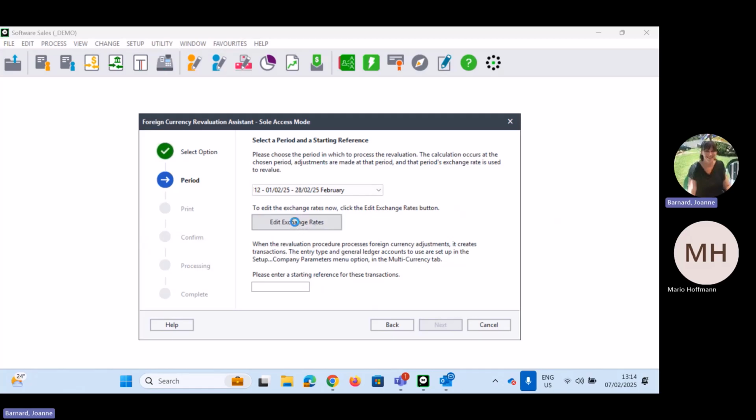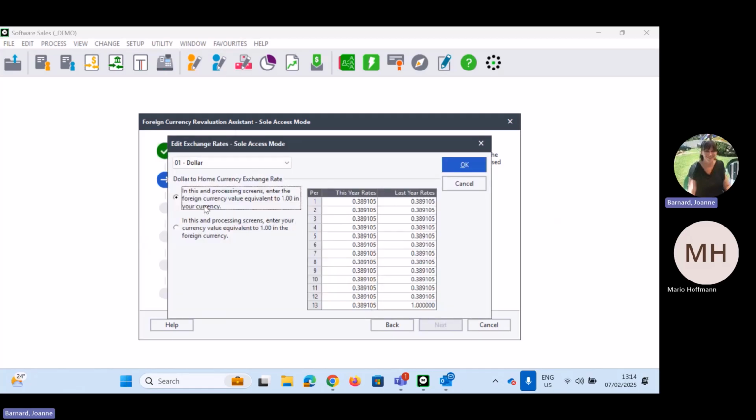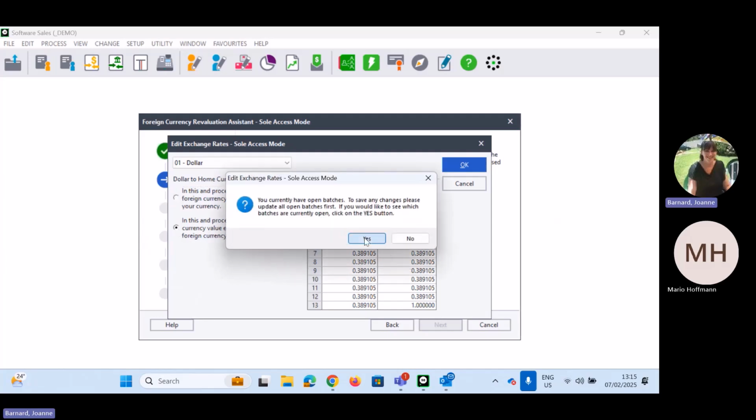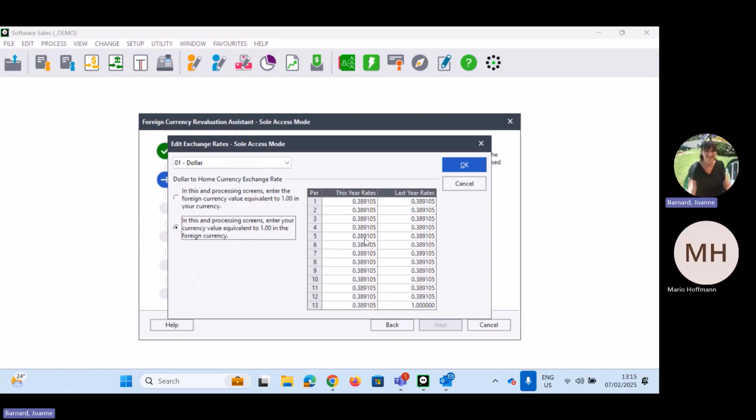And if we look at that 12th period, now for the dollar, guys, the fact that this is in the first one, this is not going to make sense. Why? Because the rand is weaker than the dollar. So the first option is this is what the foreign currency is, value is equivalent to 1 in your currency. This is a fraction. Technically, we want to select the second option if the currency is stronger than the home currency,